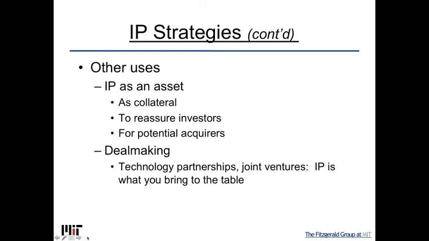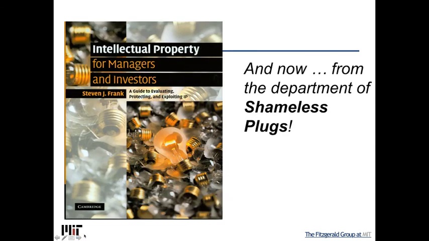So suppose that we'd like to do a JV. I've got some technology, you've got some technology. Put the technology together, we can create a new thing. So we create a new entity called a joint venture. We each put capital in, we each put technology in, or some combination of the above. So IP is a useful thing as long as it's around something that people are going to care about. When you've patented things people care about, there's a lot of uses for them. So I'll end here with a